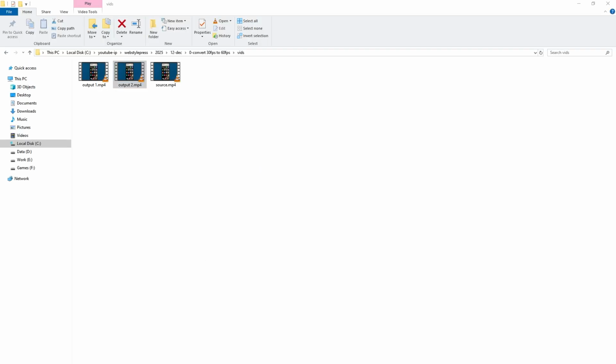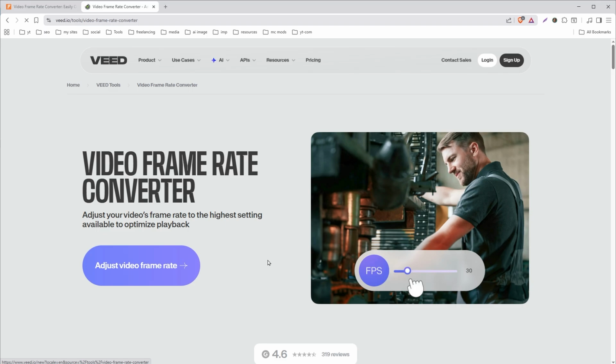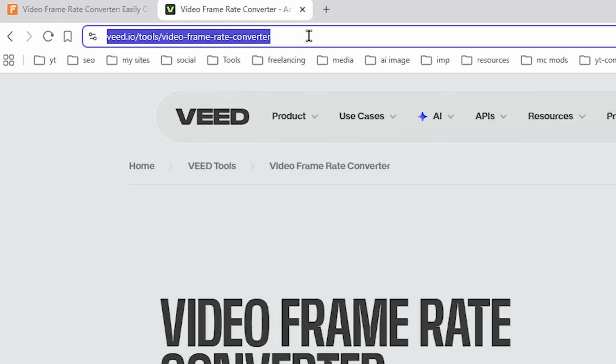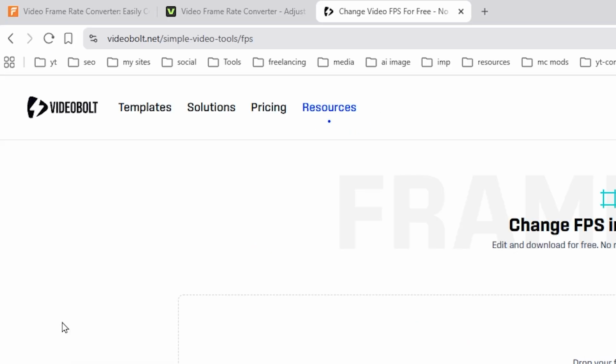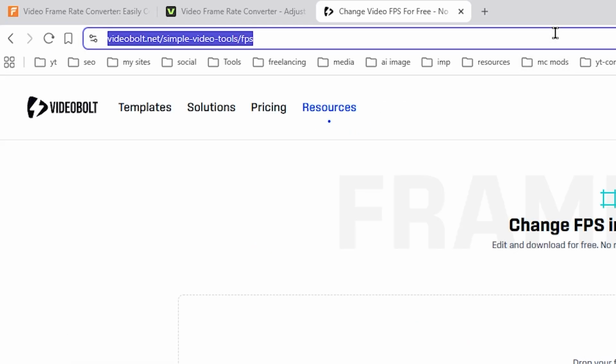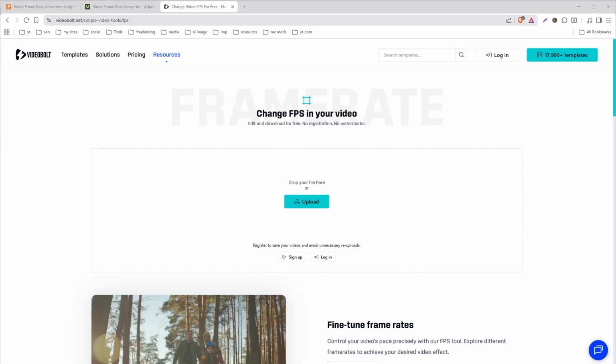Now there are online tools as well. Just search FPS converter online in Google and you will find some tools such as FlexClip, flexclip.com/tools/video frame rate converter. Another such tool is veed.io/tools/video frame rate converter. Another free tool is VideoBolt, videobolt.net/simple video tools/FPS. So this is how you can convert video to 60 FPS for free